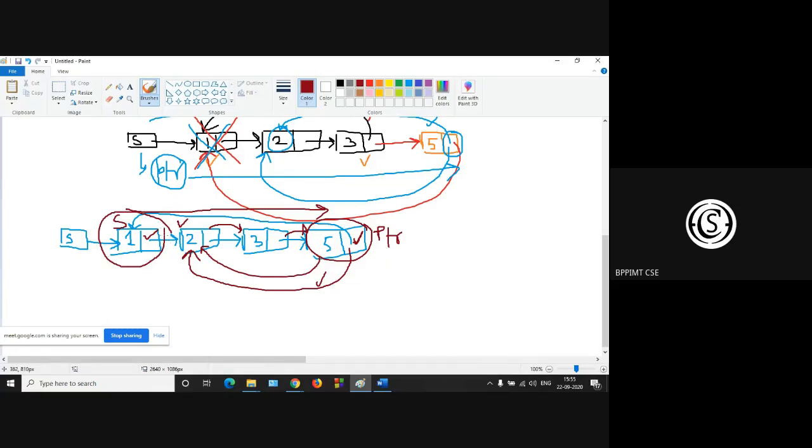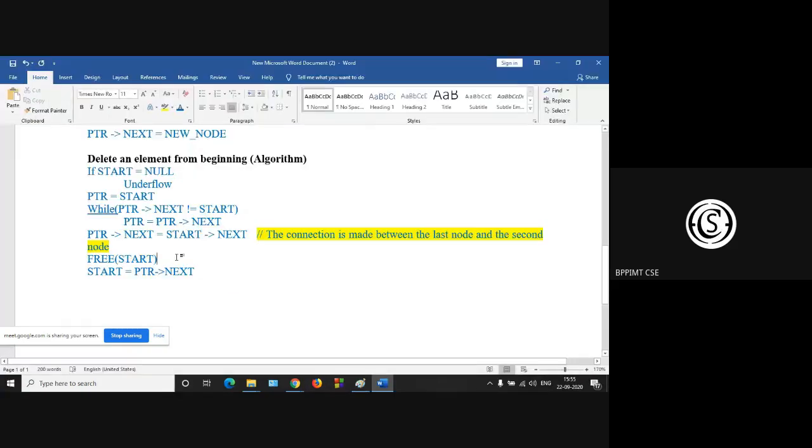Don't need to break this link, rather free start, as S is pointing to the first node, so free start, that is delete the first node, the start node.